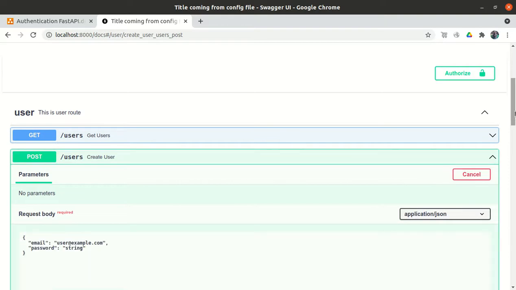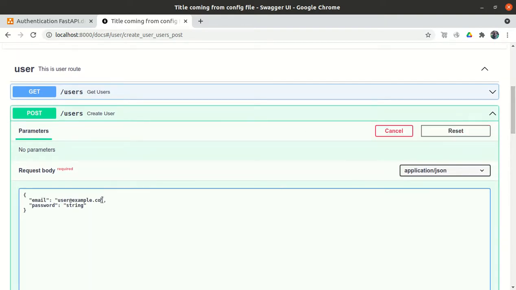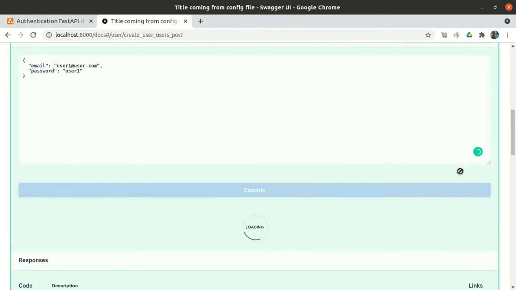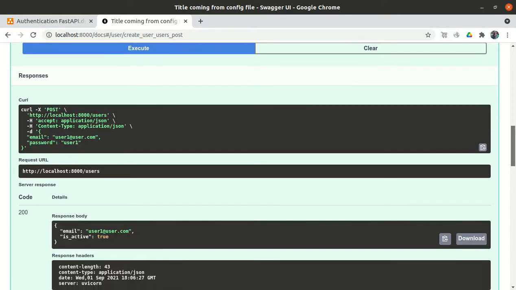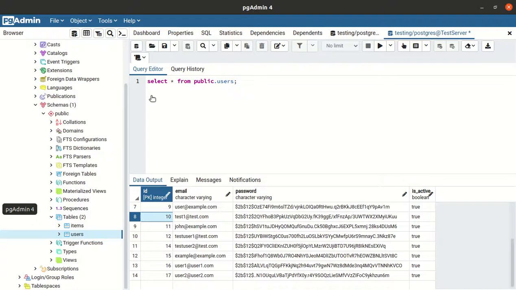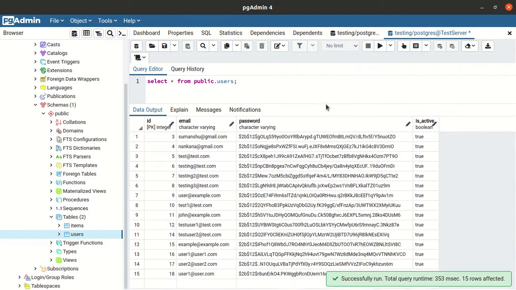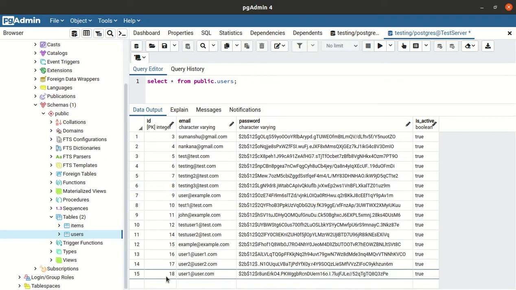Try it out and let's create a new user: user1@user.com, and the password is user1@user.com. Execute it. So it's created. If I go to the database and execute, user1 has been created with the owner ID 18.